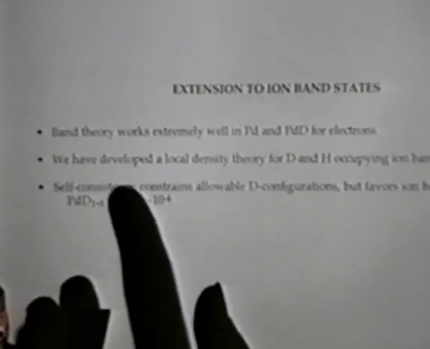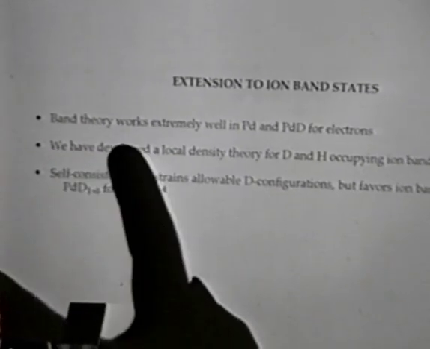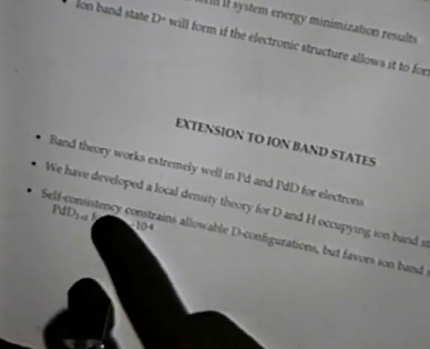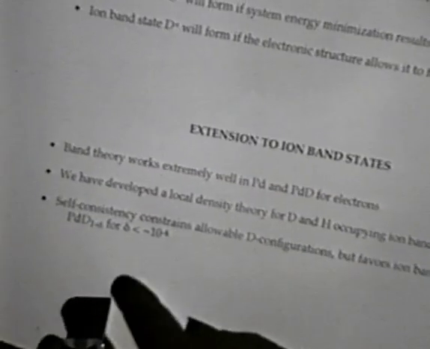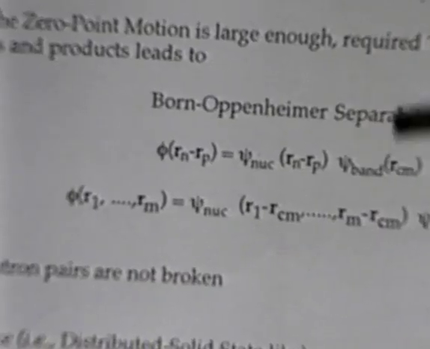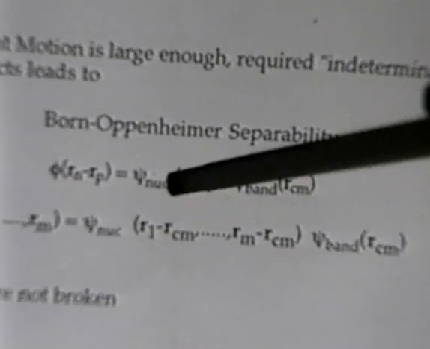An important point, though, is that we've extended things. We've talked about analogous theories to the local density theory for electrons, and there are things associated with fractional concentrations. Point is, you can arrive at a self-consistent set of results when concentrations, these are the active components, are sufficiently small. There's a mathematics associated, which I won't really bore you with. There are important implications associated with how nuclear reactions can occur. To occupy a band state, there are constraints, and it imposes important rules associated with the possibility of where nucleons can overlap and how they can interact with each other.